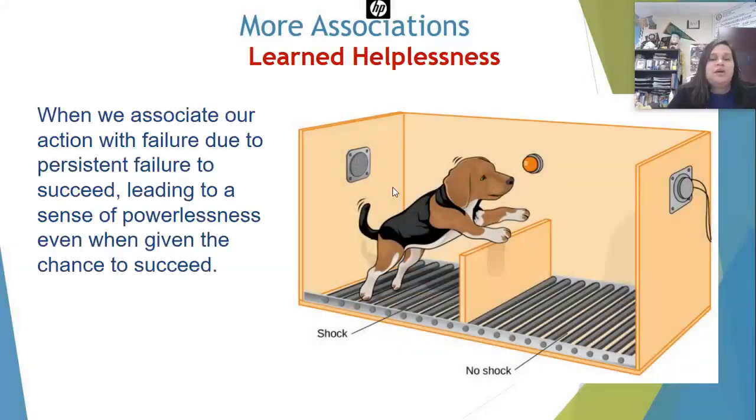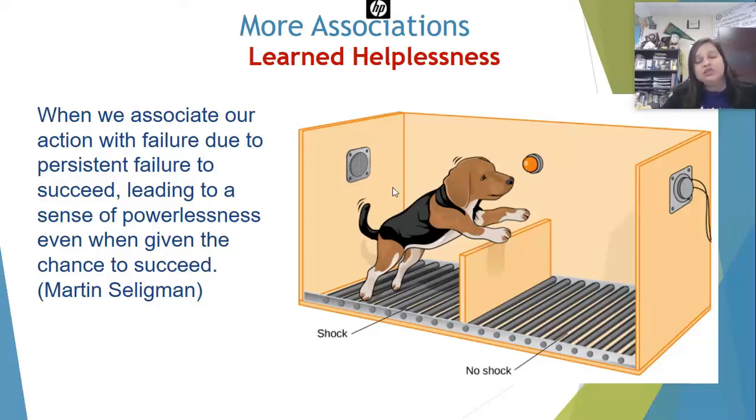And our final type of association is learned helplessness. And this comes from Martin Seligman. And we'll talk about his experiment more in depth in class. But basically, we associate our actions where we've failed to where we don't think we can succeed in the future. If you continuously fail at something, eventually you just don't want to try anymore. We'll also talk about this in the mental health section because a lot of depression comes from cycles of learned helplessness, where even if you could do better or get out of a cycle, you feel like you can't because